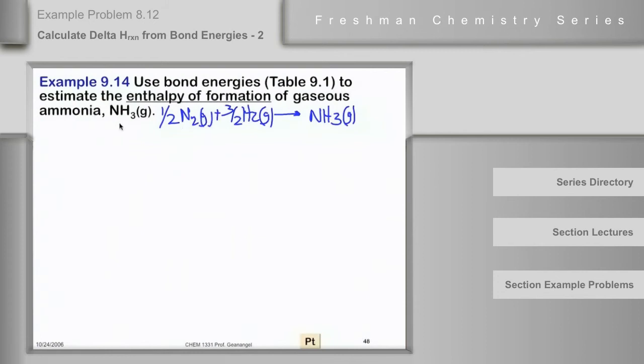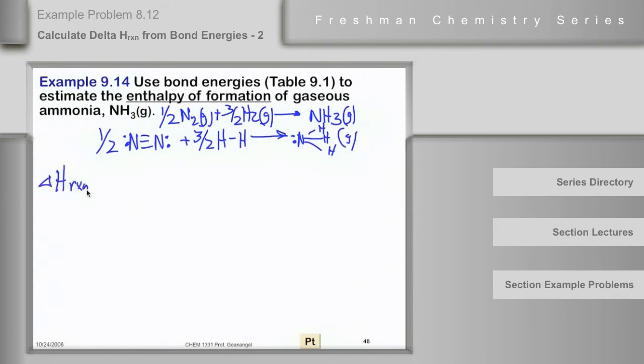Okay, so if you look at this thing, N2, I'll follow my own advice here. We'll write it out in Lewis dot structures. 1/2 N2 plus 3/2 H2 goes to NH3 gas. So the delta H of this formation reaction then will be equal to 1/2 of the bond energy of